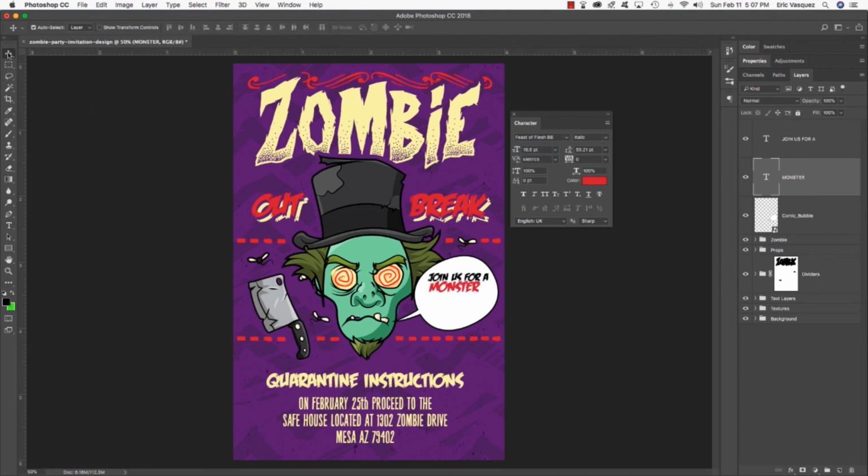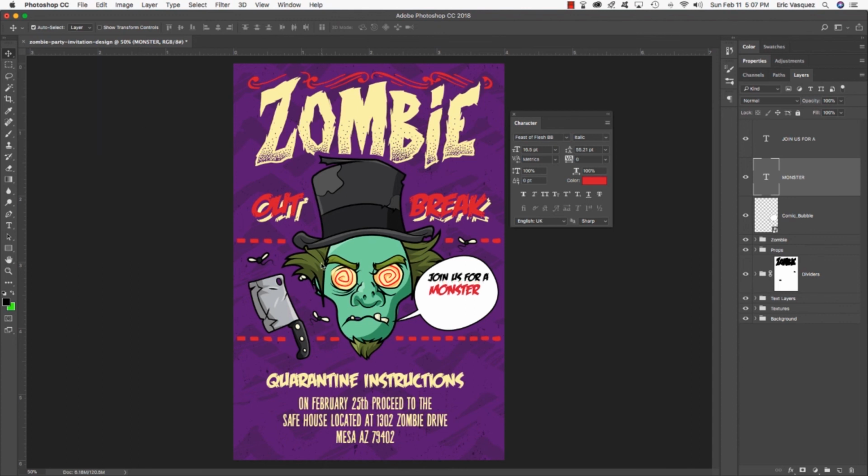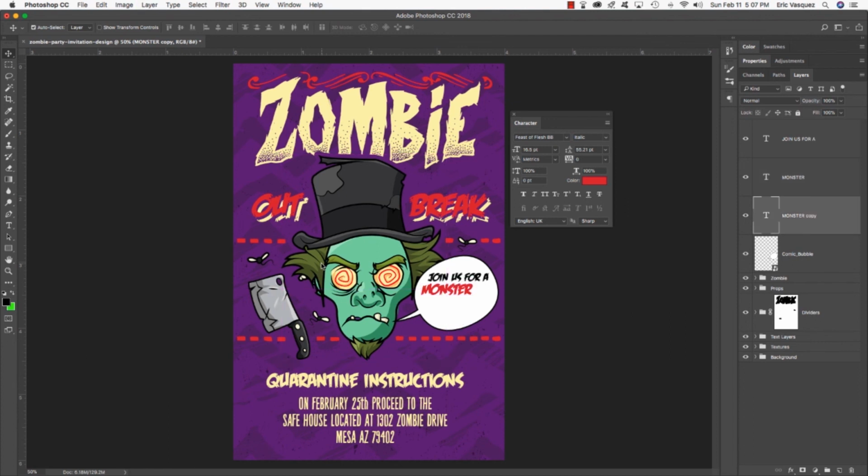Okay, and I'm going to click on the Move tool here just to deselect it. And now what I want to do is maybe move this down a bit and slightly off to the left so it's not perfectly centered. Press Command J to duplicate that layer again, Command left bracket to move it down one spot, and now hold the Shift key and tap it down and to the right a little bit. Press T to get your type tool, click inside, and change this to read "themed." Okay, so it's going to say "join us for a monster themed," and we're going to add one more line